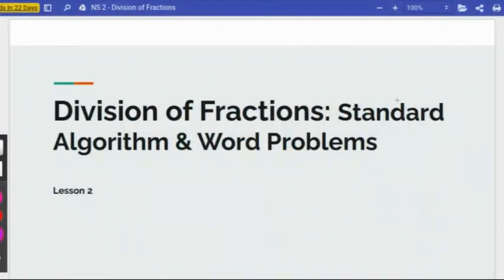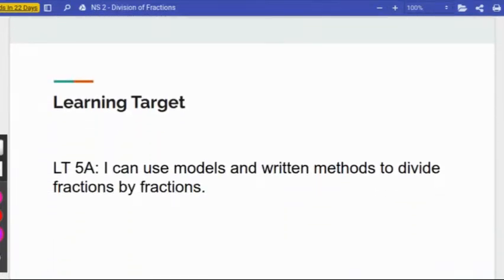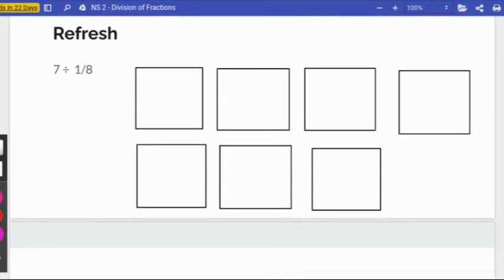Welcome back. Today we're going to be working with division of fractions again, but today we're going to be looking at using the standard algorithm for solving those problems and looking at fractions within word problems. To begin with, we're going to review a little bit about what we did yesterday with drawing our fractions to